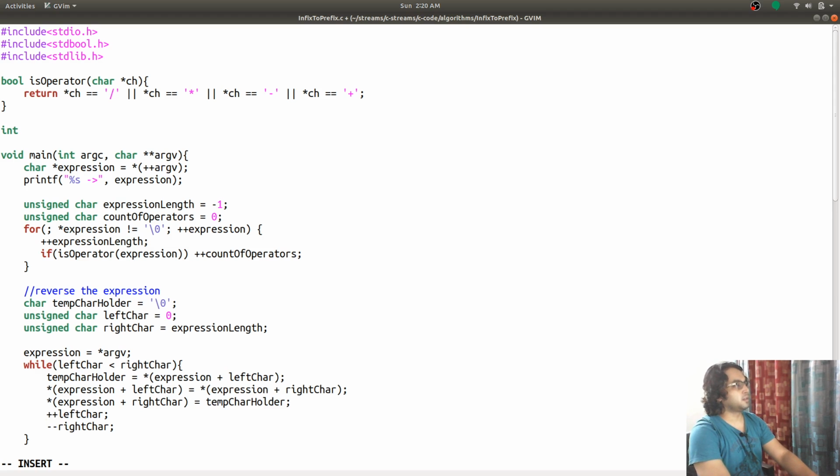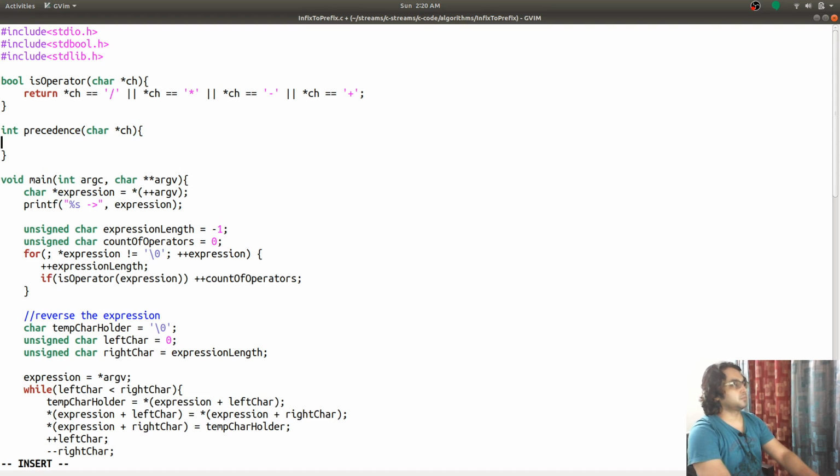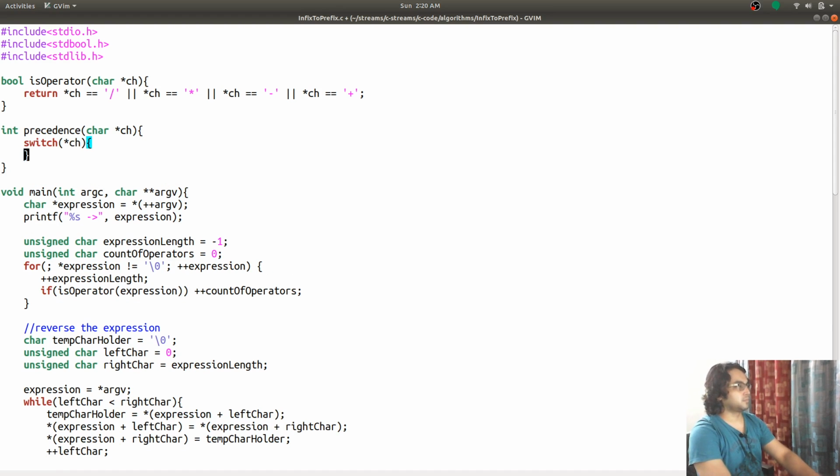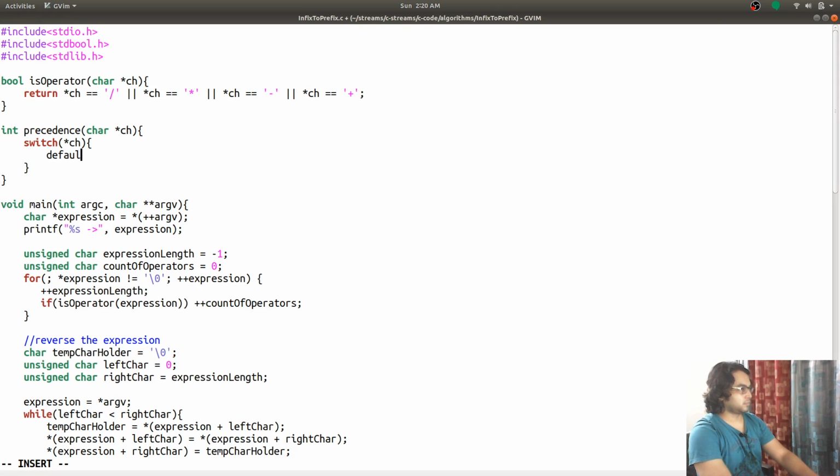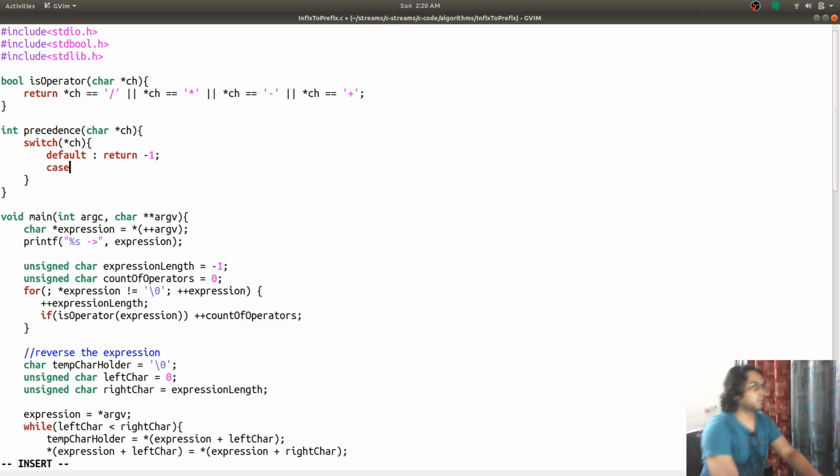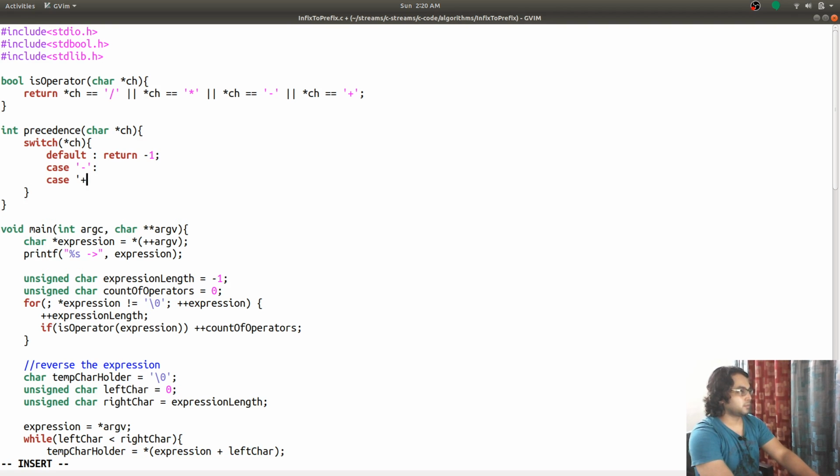Int precedence: return -1 in the case of not operators, and giving them value 1.